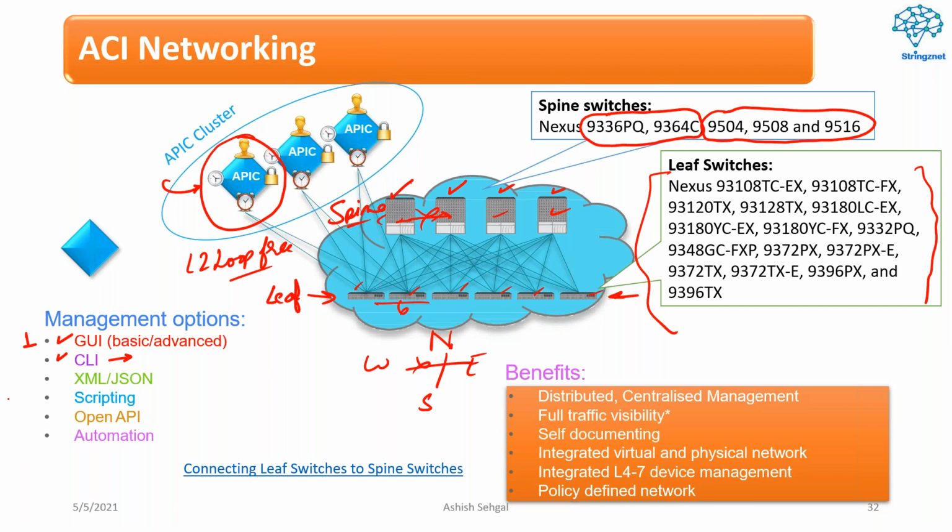Of course, we will start from CLI to create our initial setup, but not on the leaf switches, our initial setup using CLI will be on our APIC controller. I will show you how we do it. XML, JSON, other scripting languages, open application programming interface and automation, a lot of ways are there. But the number one way is GUI. Once our fabric is ready with the help of our GUI based configuration, only then can we go for multiple other ways of configuration.